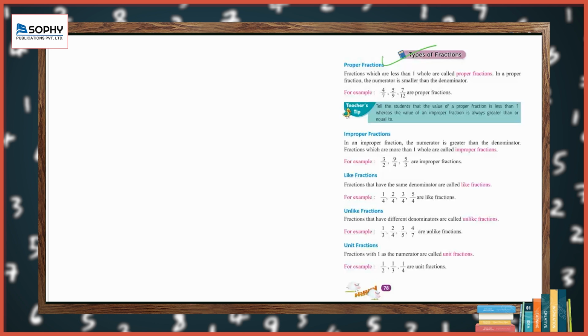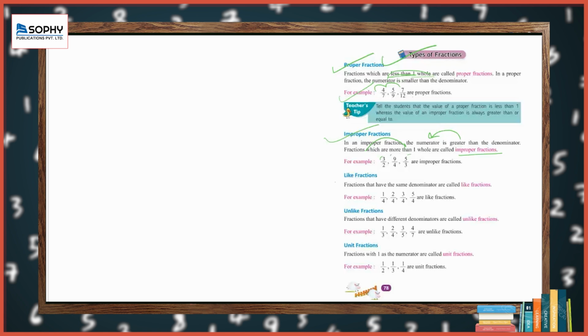Next is our types of fraction. First is proper fractions. Fractions which are less than 1 whole are called proper fractions. In a proper fraction, the numerator is less than the denominator. For example, students, here all the numerators 4, 5, 7 are less than the denominators, so they are proper fractions. Next is our improper fraction. In an improper fraction, the numerator is greater than the denominator. Fractions which are more than 1 whole are improper fractions, that is, the numerators 2, 9 and 5 are greater than the